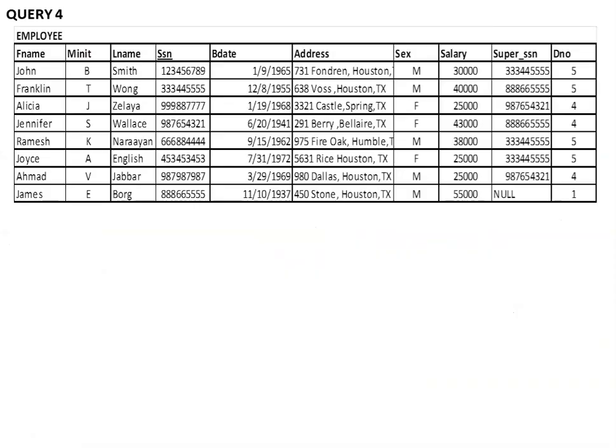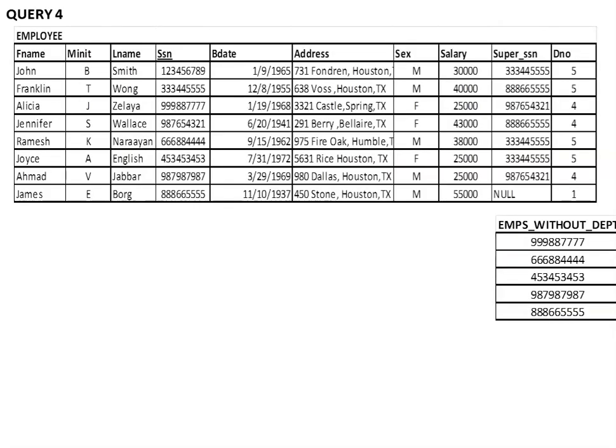So the employee relation, and this is our EMPS without dependent. We apply a natural join between these two relations to get the desired result. So EMPS or employees without dependent, natural join with employee.